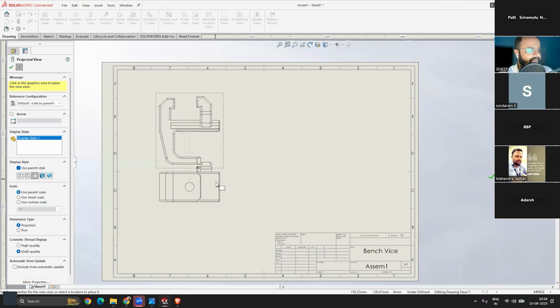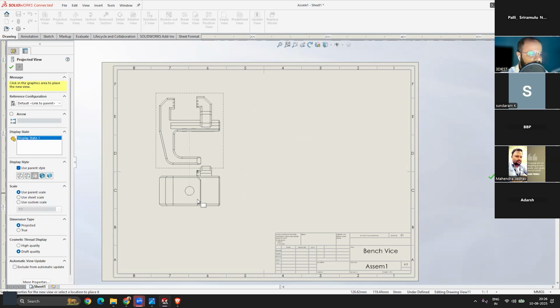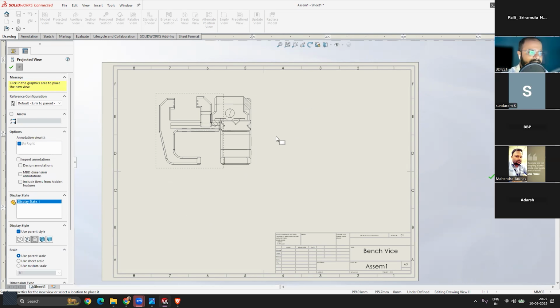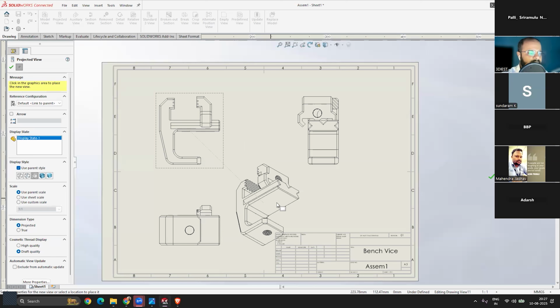Can you see that? Since I have not pressed any key other than this, not even the escape key, if I just move to the right of it, I will be able to create the side view of this drawing. If I move my cursor towards the bottom, I can create the top view of this drawing. So this is the parent view we just created. For the other views, if we click on the right, you can see the next view got created. If we click on the bottom, the next view got created. If we go to the corner position like this, an isometric view will get created.